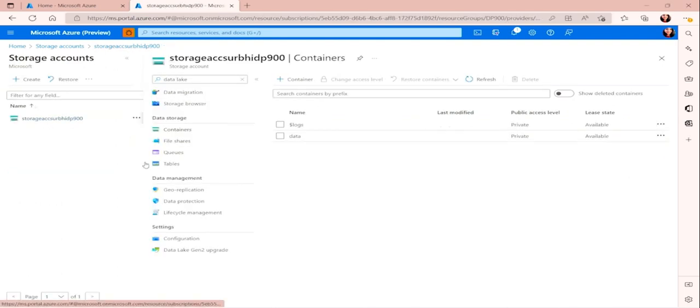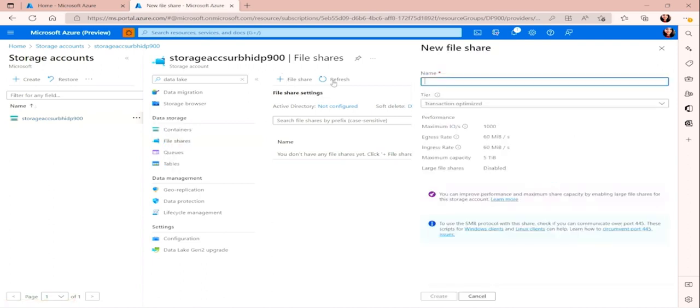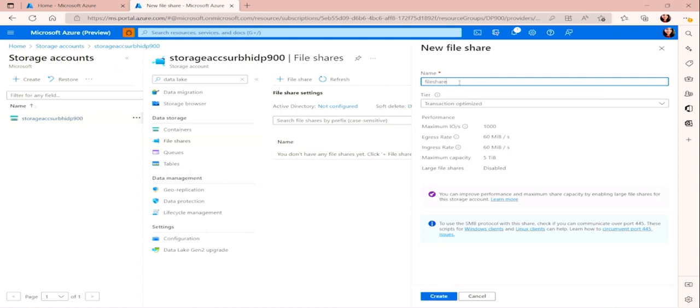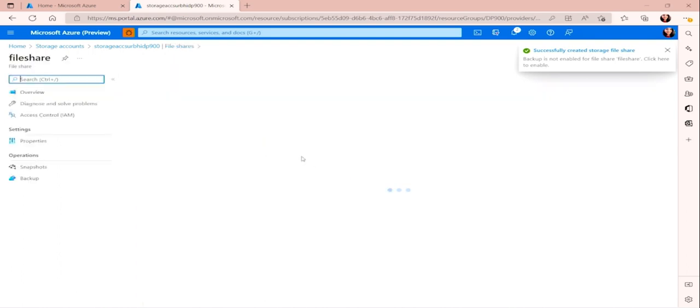Let's go back to the storage account. In the data storage, we have the file shares. Right? If you click on a plus file share and give it a name, file share, using the transaction optimized, and create. Once it is created,